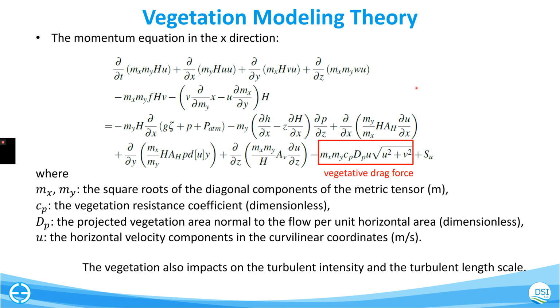So next, I will move to the vegetation modeling theory in our model. From the previous lecture, this is the momentum equation in the x direction. This component shows the vegetative drag force, and it's mainly a function of the drag coefficient and the projected vegetation area normal to the flow, per unit horizontal area. The drag coefficient is very important here because it's a function of vegetation height, vegetation density,